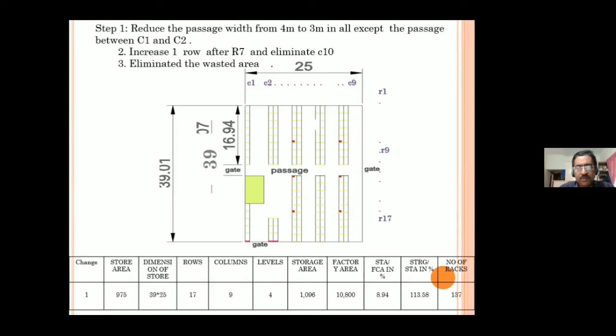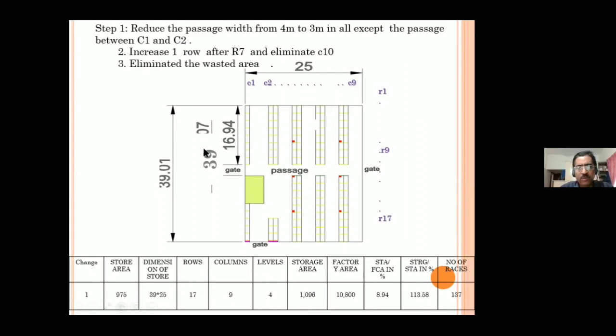So you have 32 into 4 into 2, almost 240 square meter storage area. So that should be enough. Of course, there are some racks missing here. We will see how to arrange that later.